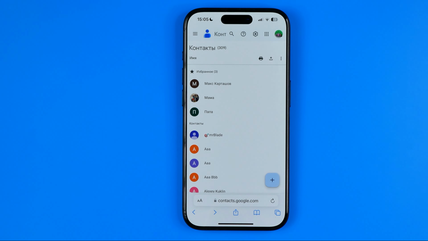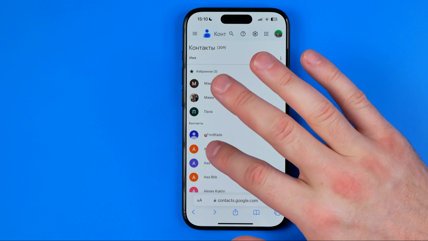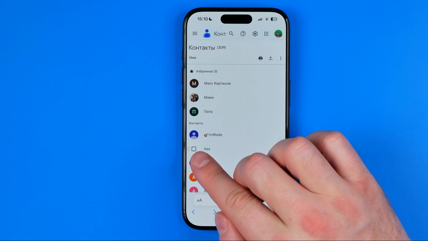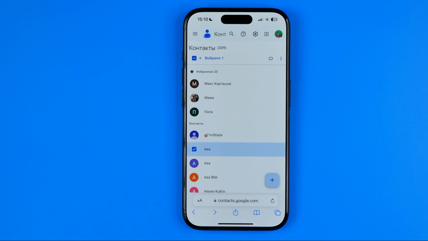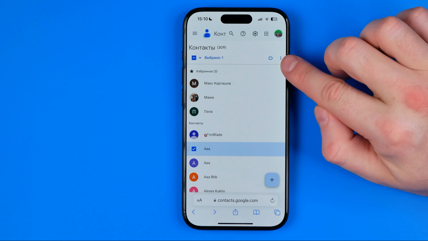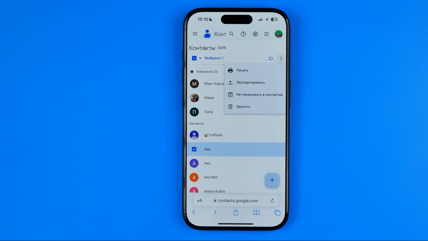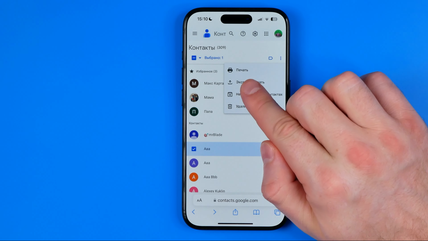The website is in Russian language, but don't worry, the interface is similar in any languages. So guys, first off, we need to select contacts we would like to export. To select a contact, tap on it once, it will show you that checkbox, and then just select a contact you would like to export. In the same way, we can select multiple contacts, and then to continue, we need to tap at three dots, then tap at export,